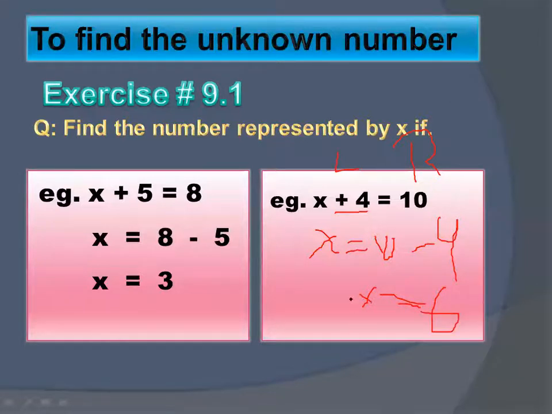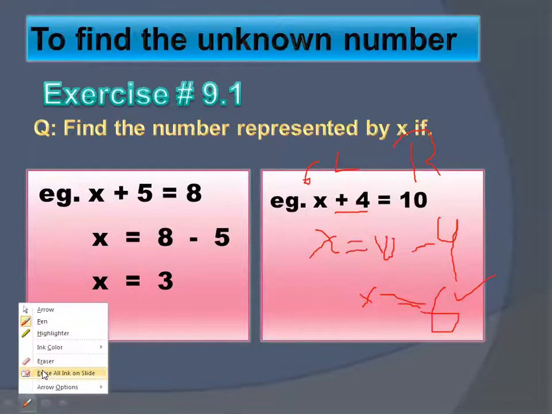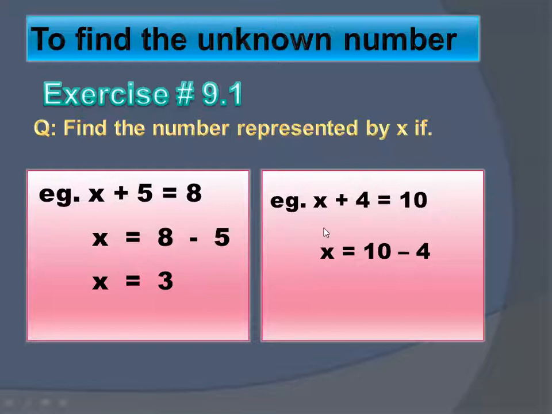That is very simple. So if you replace this x with 6, x is equal to 6, it means the value of x here is 6. So 6 plus 4 will become 10. So your answer is completely right. Now I'm going to show it here again. On the left side, you will write x only, then the equal sign, and then 10. And here you have plus 4, so on the right side, it will become minus 4. So 10 minus 4 will become 6. Okay.